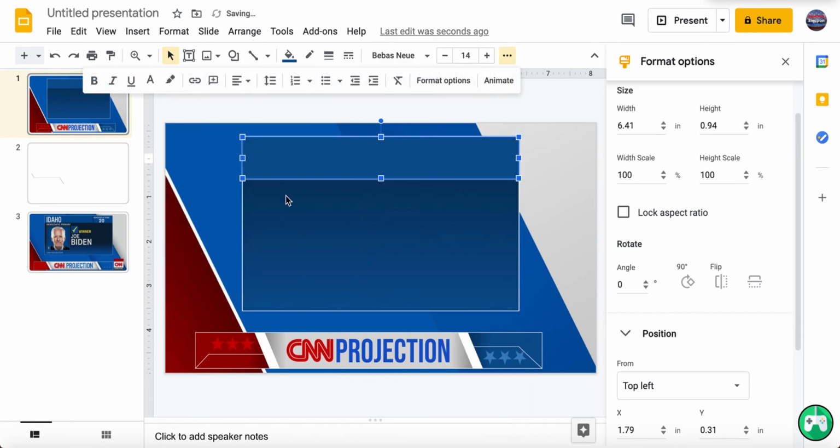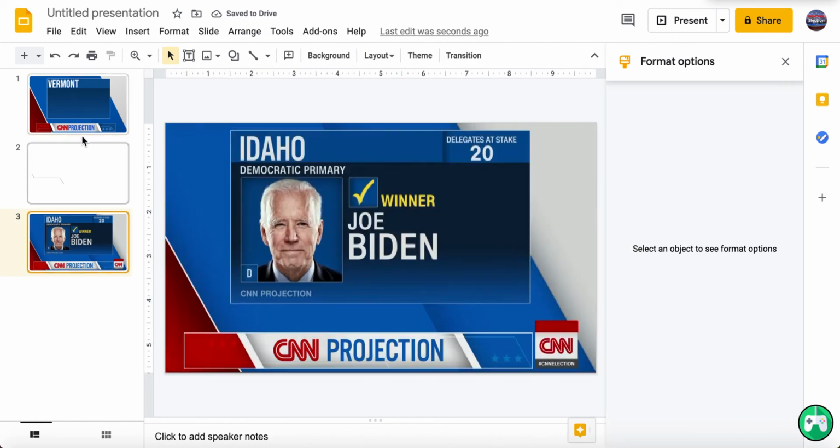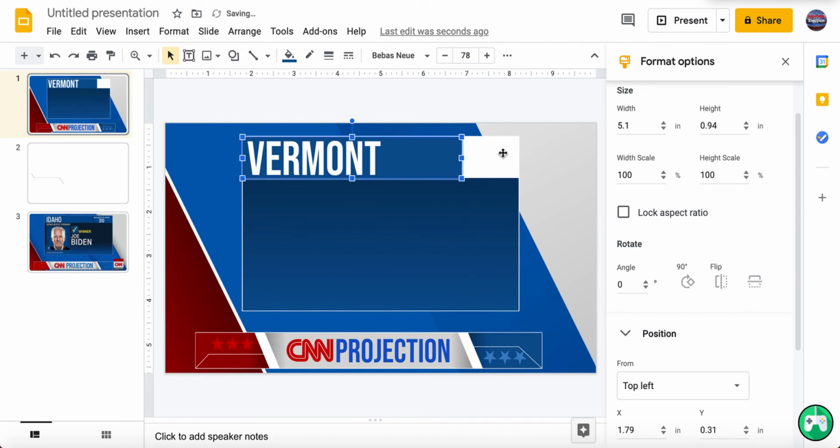Now we are going to go over here and type in the name of the state. I'm just going to do Vermont. This may actually have to be a multi-part series again, just because I'm taking far too long to do a video that should have probably been done by now. Honestly. So let's just throw in Vermont. Well, actually, yeah, let's just use that font. We're going to move this one back over here.